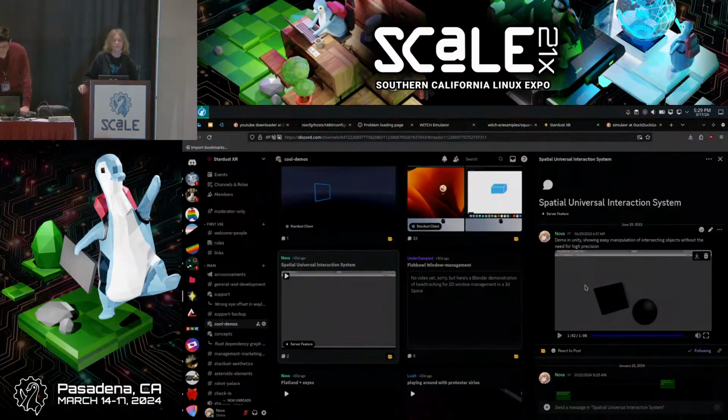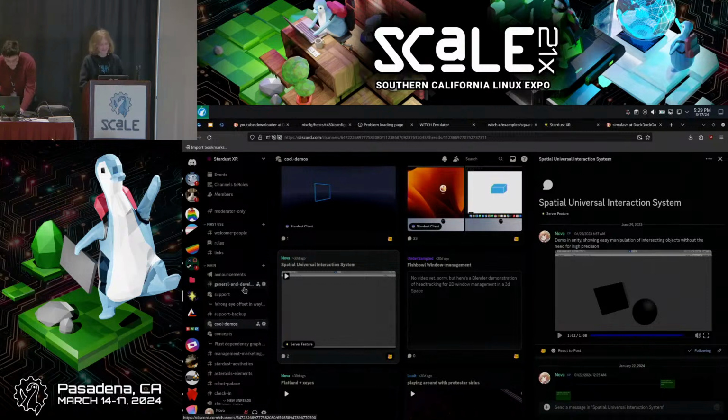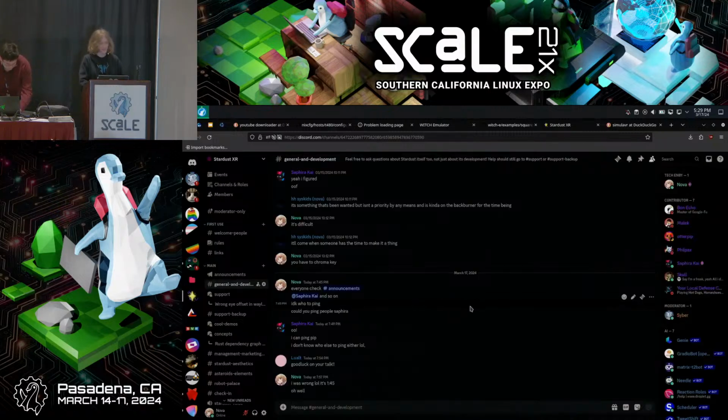So Stardust is written in Rust, right? But did it have a history before you wrote it in Rust? Oh, I forgot to talk about that. Yes. So Stardust was originally written in C++. It was written in C++ because at the time, because of my previous experiences, I thought Rust is too complicated. Why would I need it?